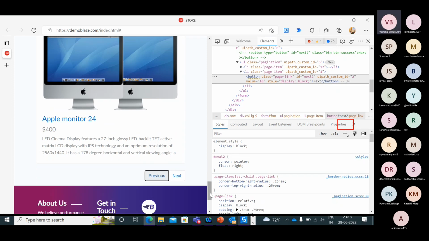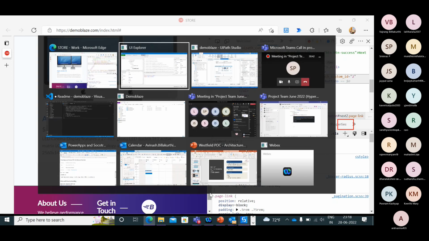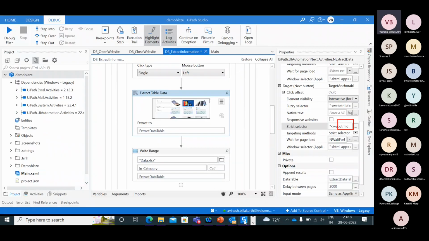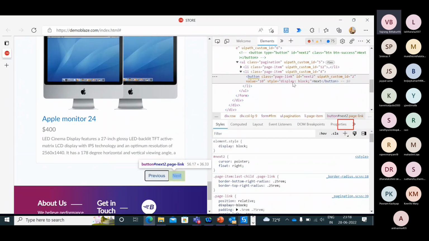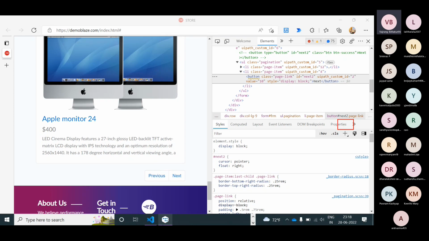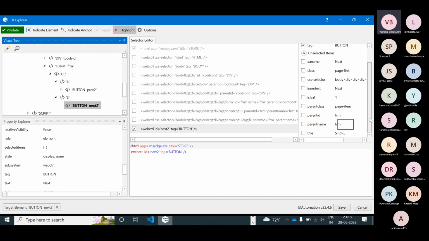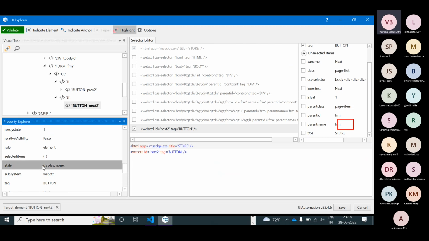Okay, so we'll do something like this. Let's try to fetch the item. Here you go. Extract the information. But while extracting the information, the style should be true. If we go with the next button, we will not be able to get the style from here. But here, if you can see, the style is display none. If we just refresh the page,